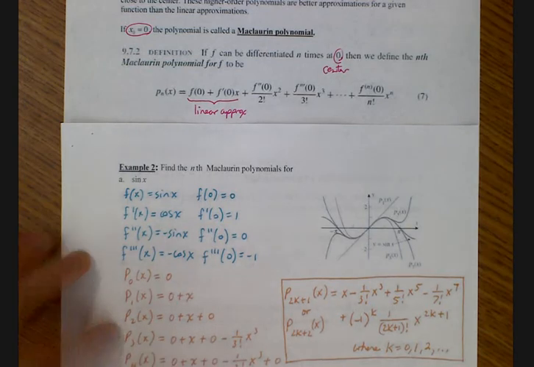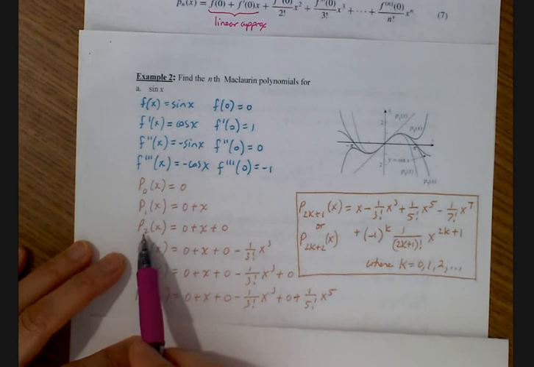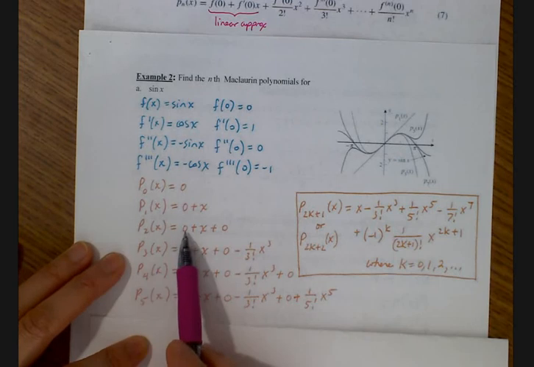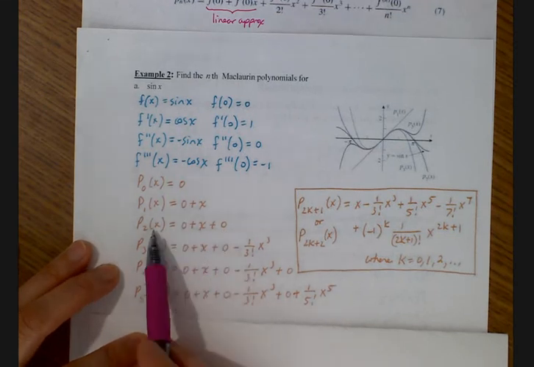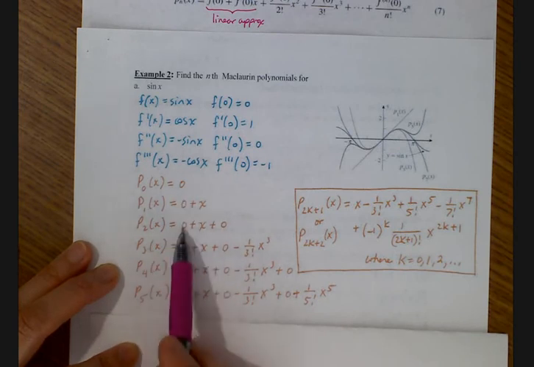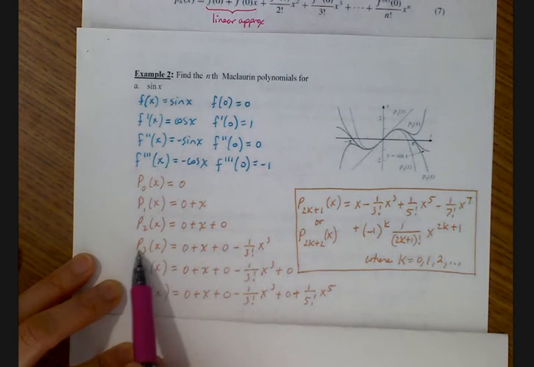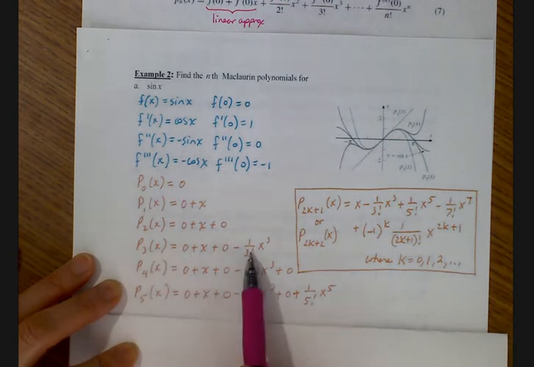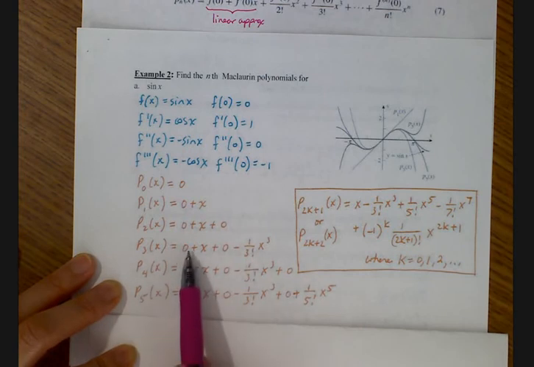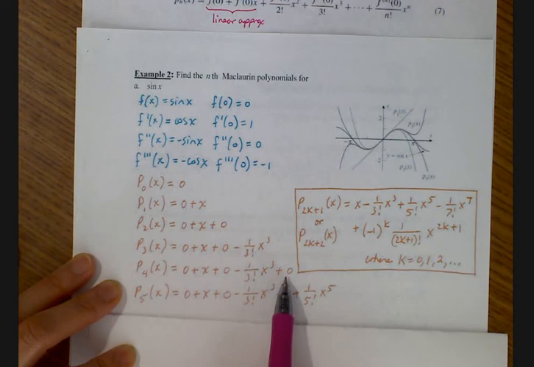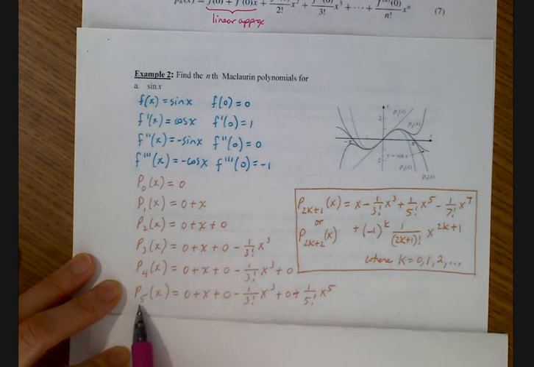And then the second order is going to be p sub 2 of x is equal to 0 plus x plus 0. So you can see that the first one and the second one are going to cancel out, right? Because it's basically the same. And then you have p sub 3 of x is equal to, and then I'm going to be adding on a minus 1 over 3 factorial and then x to the third. Okay, and then p sub 4 is actually going to be the same as p sub 3 because I'm just adding on a 0. And then the fifth order on this is p sub 5 of x is equal to,